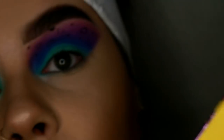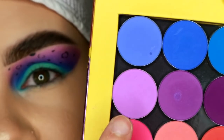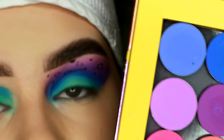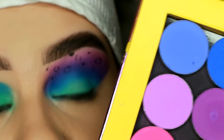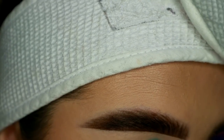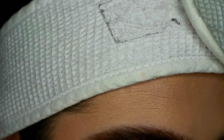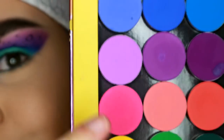But so I'll be going in first with the shade Cute. And this shade, I thought it would be more pastel, but it's actually quite pink toned. But it is very nice. I think it's probably one of the most used colors that I've used in this palette, just because I like it so much. That and Lemon Drop, which is this yellow, is so nice. But anyway, I'm going to be going in with Cute